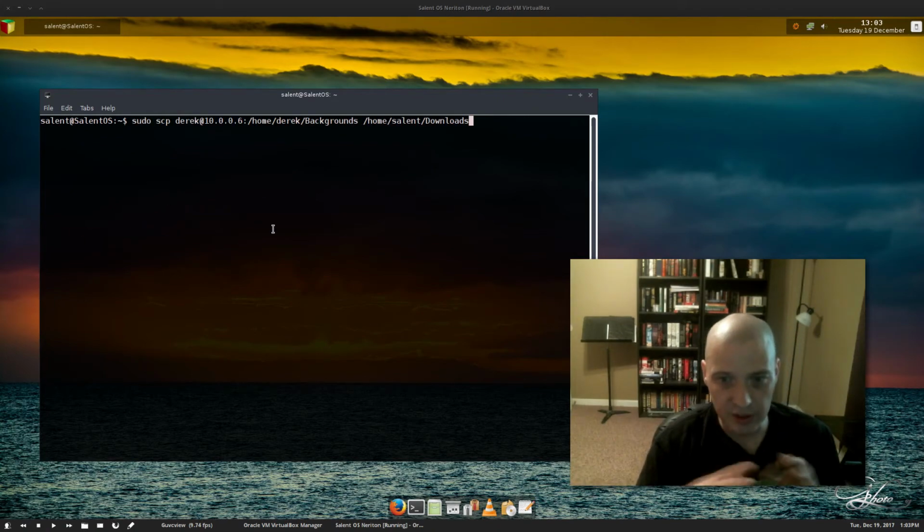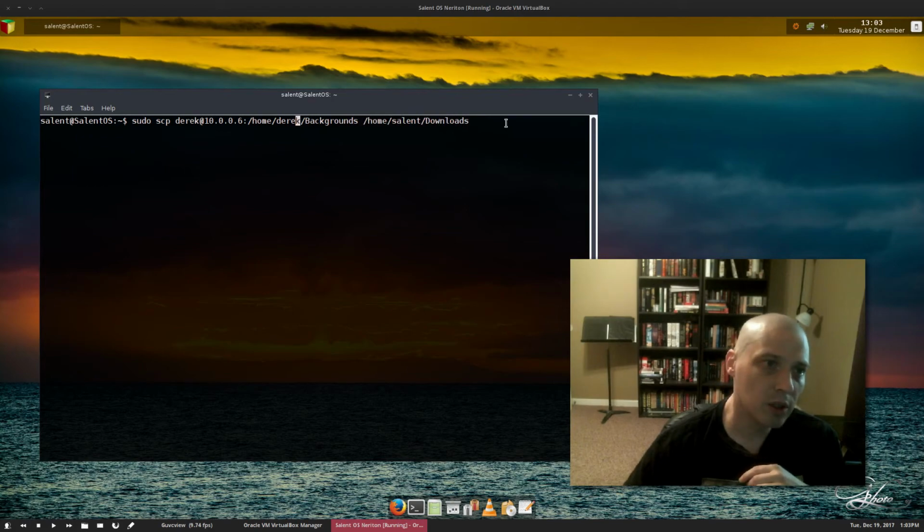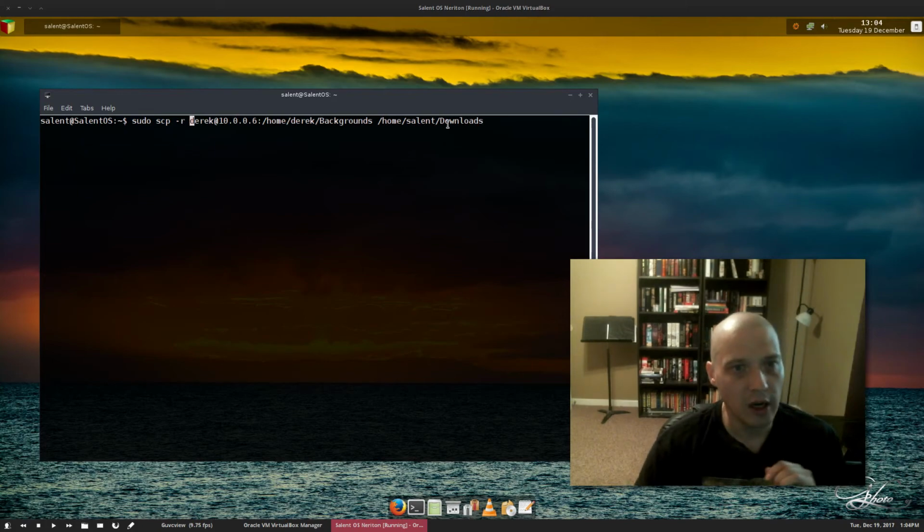I know this really isn't VirtualBox specific. I mean, this is really more a video on SSH, but here's how you do it. You need sudo permission. Actually, you don't need sudo permission, do you? I think you do. Anyway, sudo scp, and then I need to give it a recursive flag, -r, and then